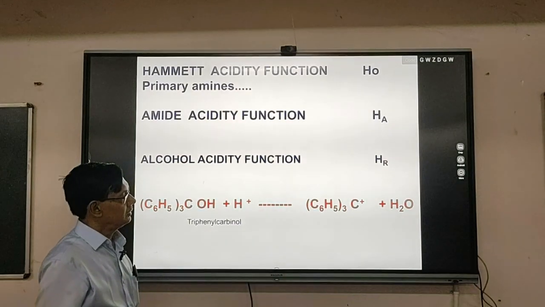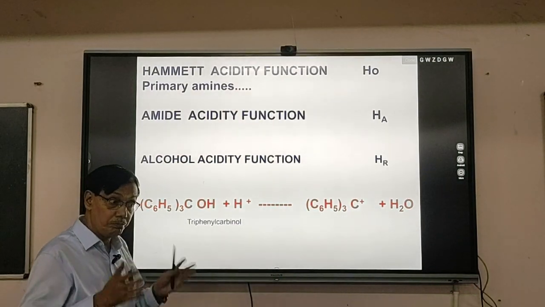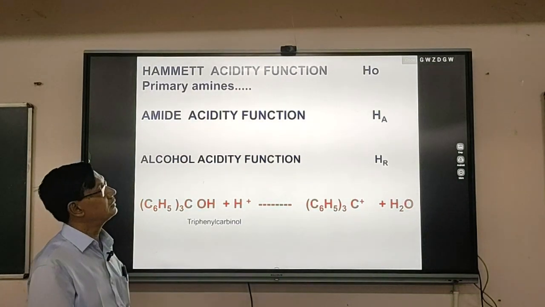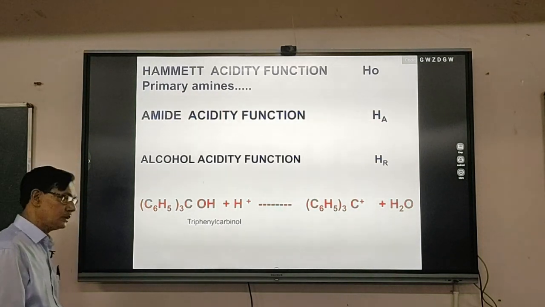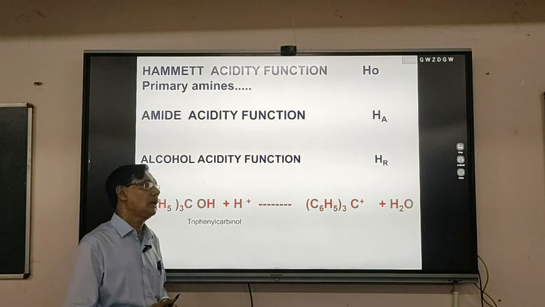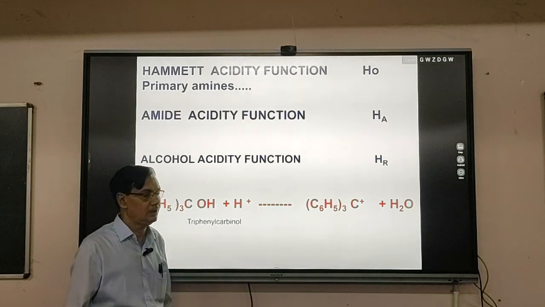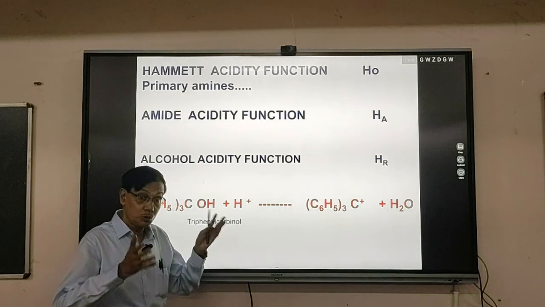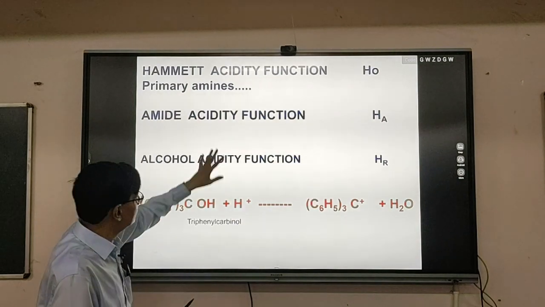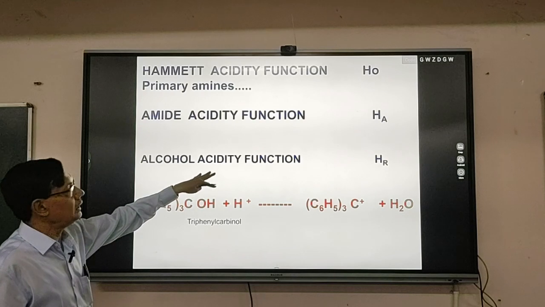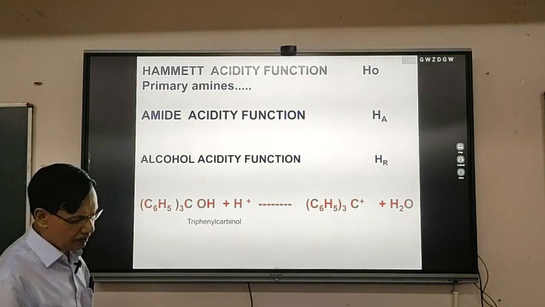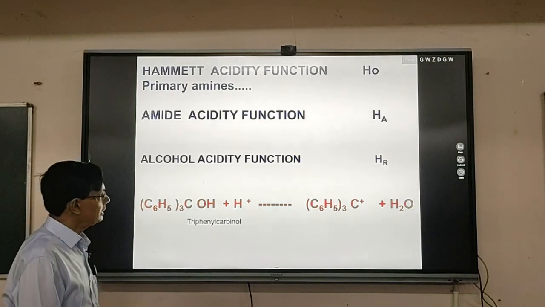Similarly, acidity function for basic solutions is also available. Acidity function for hydrofluoric acid is also available. Acidity function for superacid is also available. But I will concentrate only on the Hammett acidity function and the alcohol acidity function, and maybe the acidity function for